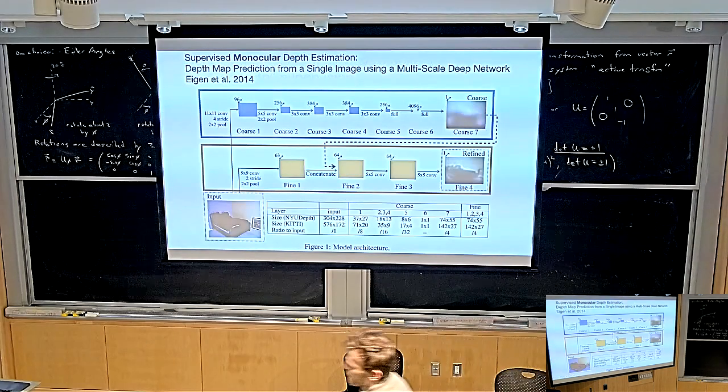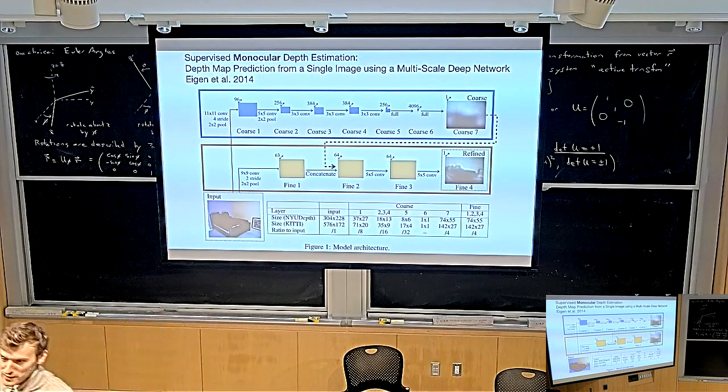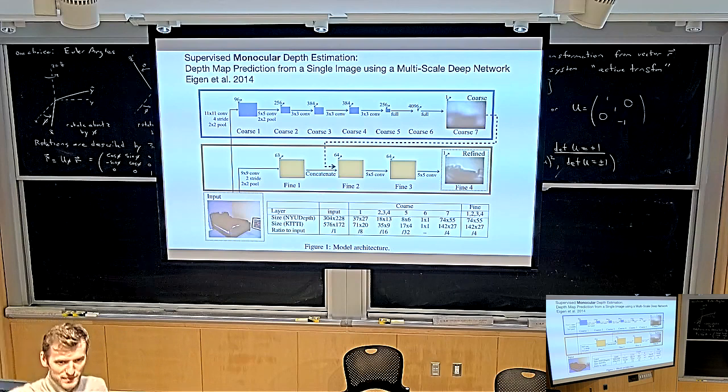And when I say from 8 years ago, I literally mean 9 years ago. One of the first papers that you could say is 3D computer vision with machine learning was this paper, "Depth Map Prediction from a Single Image using a Multi-Scale Deep Network." I think this is a good little excursion. There's a few good insights in this paper. This is considered a seminal paper. It has, I think, 2,500 citations, something like that.